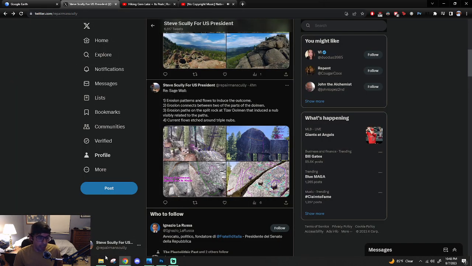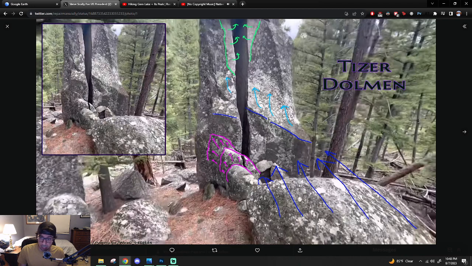So I guess I'll start here. Yesterday, we talked about how current flows go off of this rock in the Tizer Dolmen episode, including down here. My thought is the current's going to flow this way, but it's also running into the rock and splashing, and in so doing, it creates a fanning out based on the rock. Based on its shape, it fans out and creates a resistance to current flowing directly into the rock, so it literally prevents erosion here to a boundary, which then that itself